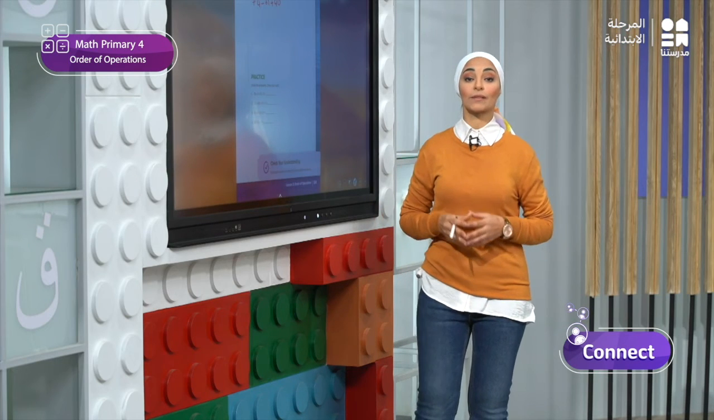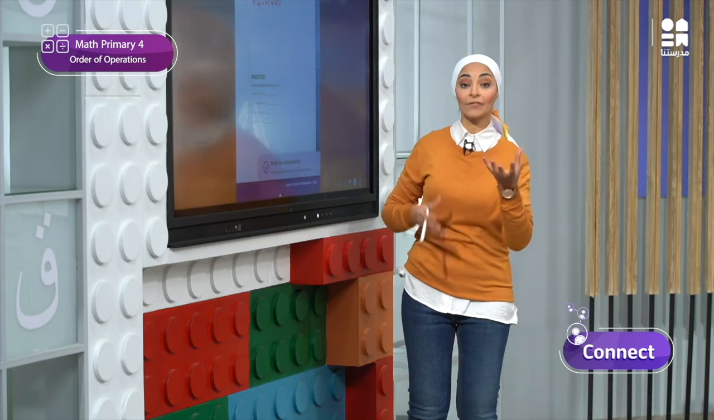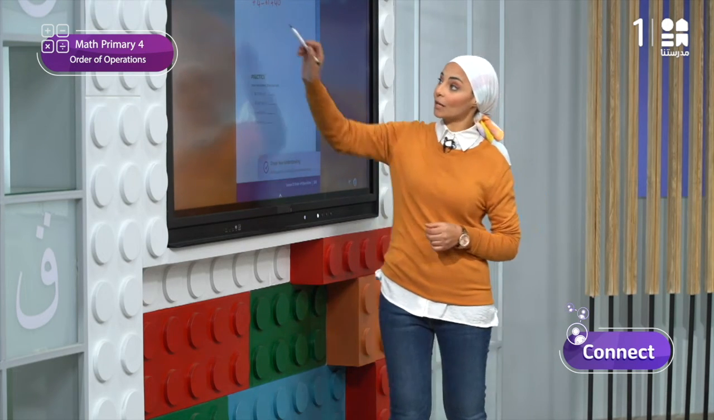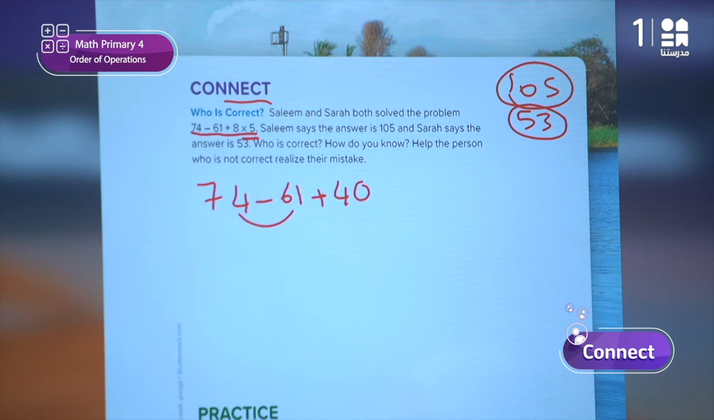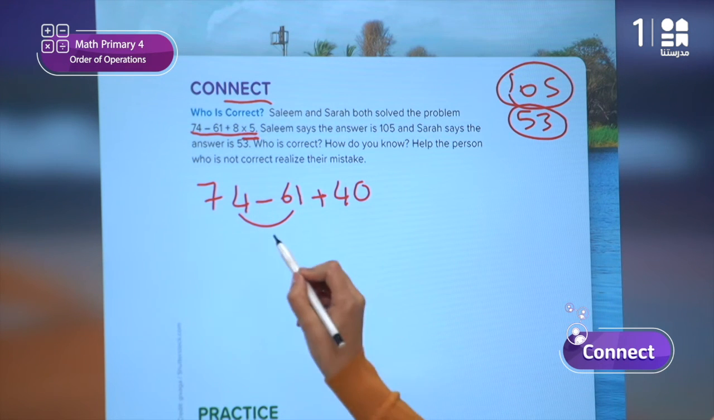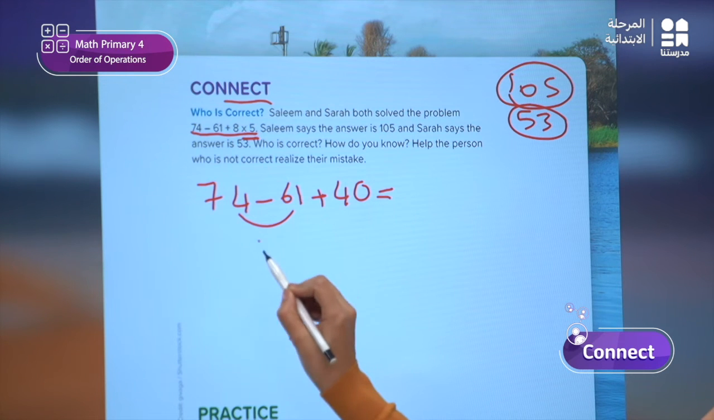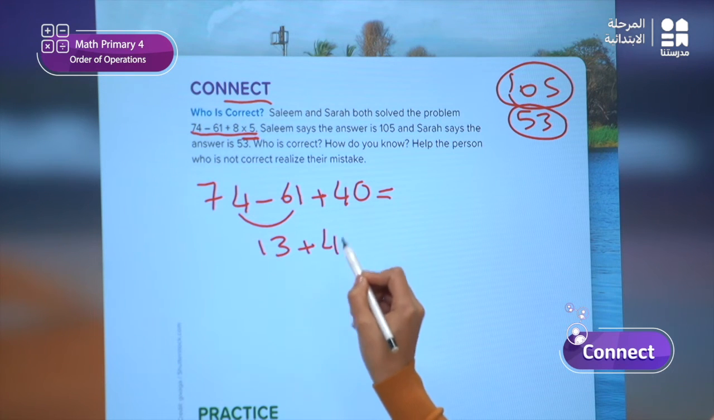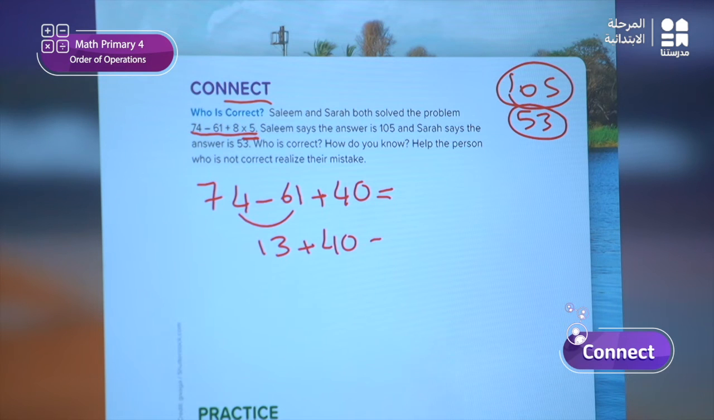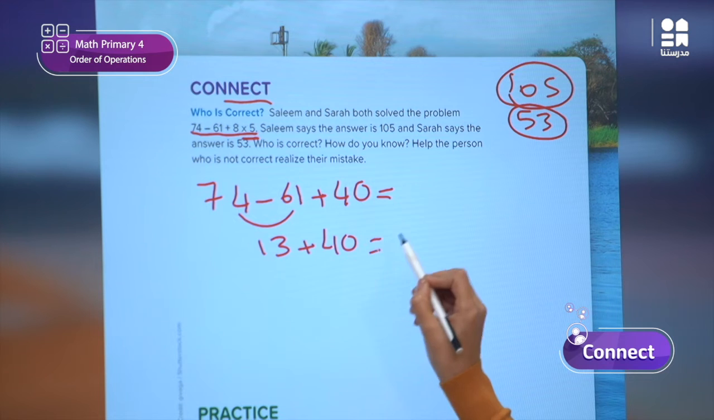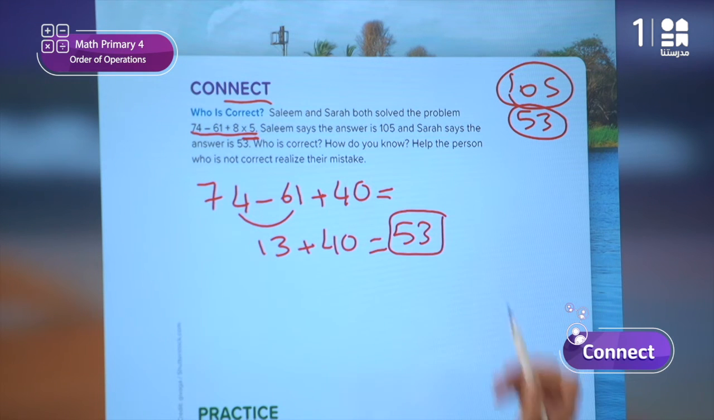Okay, then we will start the addition and subtraction from left to right. So I will do 74 minus 61. 74 minus 61 equals what? Yes, equals 13. So I will write 13 plus 40. Right? Okay, this is the last step. 13 plus 40 equals what? Equals 53. Okay, who got the answer 53? Yes, Sarah wrote that her answer is 53, so it is the